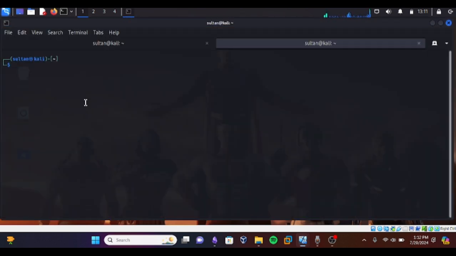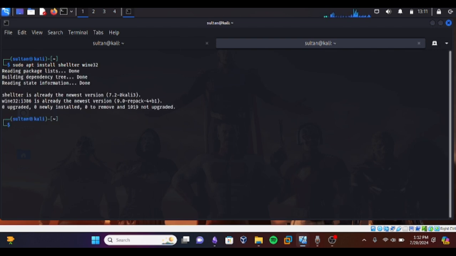We need to install Wine32 and Shelter, and of course we need to add the architecture, which is 32 bits. i386 for 32 bits.